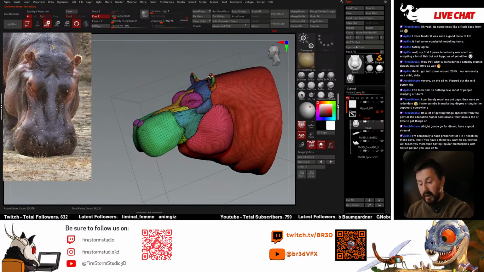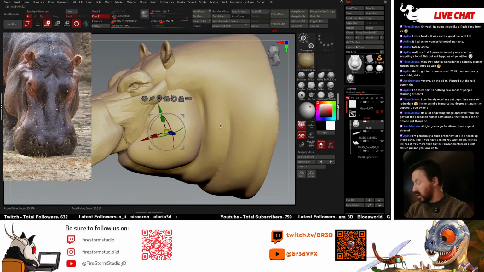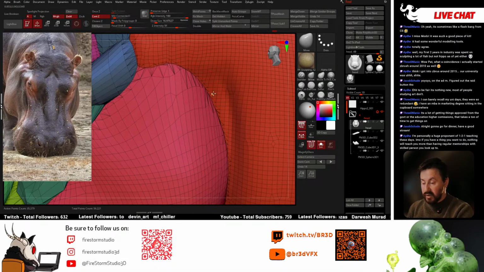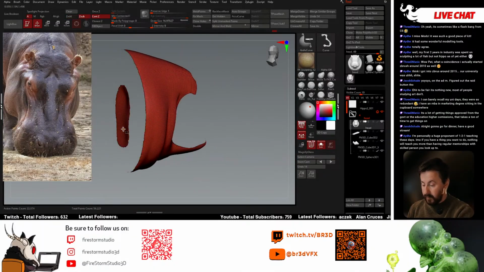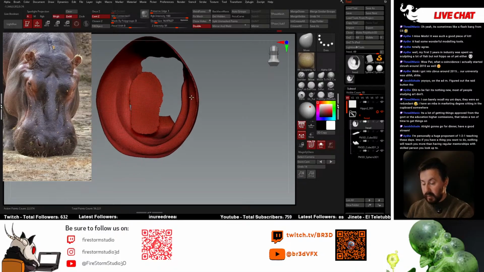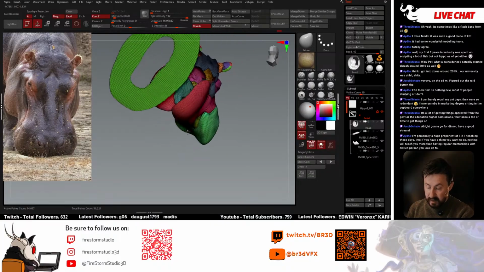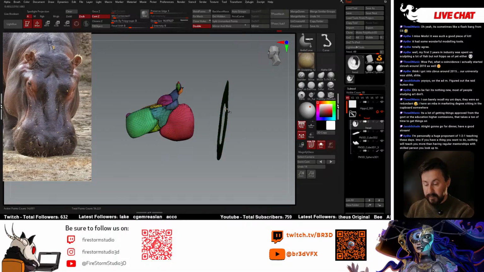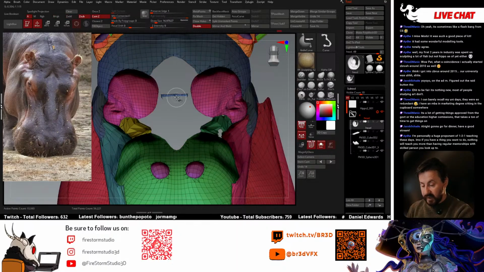You can see that our model is now connected, and ZBrush has just added triangles along each of these sections to bring that all together. Just going to turn on double, make sure there's no weird pieces of geometry hiding inside, because sometimes there can be. Yeah, there we go. So this is the only downside to remeshing by union. You might end up with little bits of geometry inside your model, so you might have to just go in